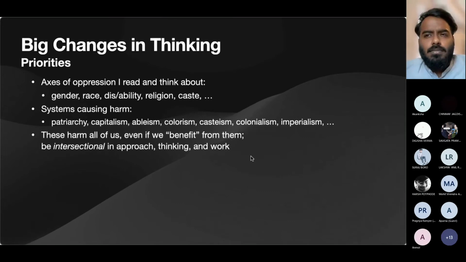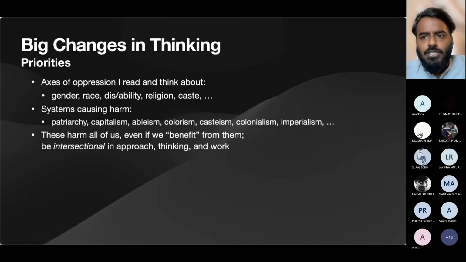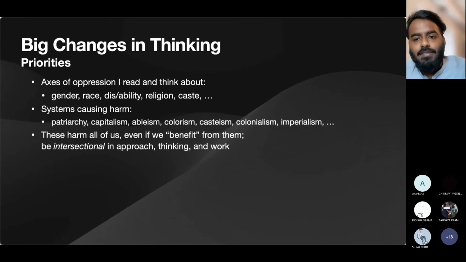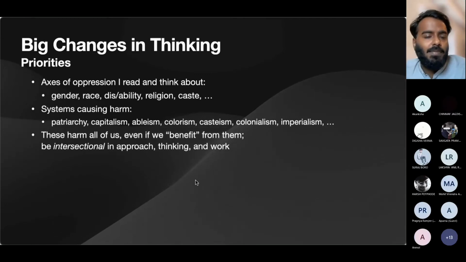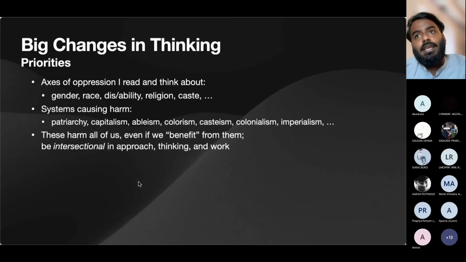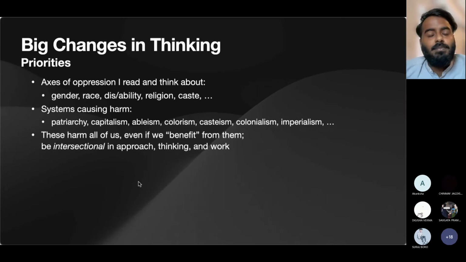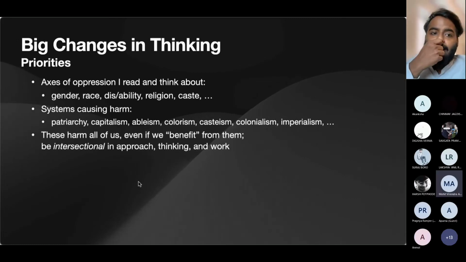So just to get through my slides quicker, I'm going to leave these points hanging, and then we can delve deeper as people want to understand. But some of the key ideas, which again take some time and reading to develop, is the idea that